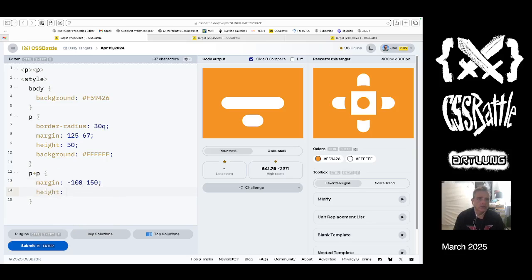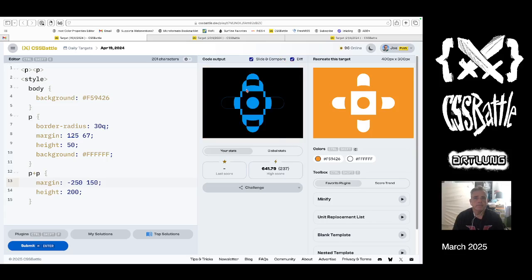Height 100. Something like that, maybe 200. All right, and then more negative. 2, 3, 2, 4, 2, 5. Okay, so this is the way we're going to get this done. 26, 270, 275, and then more margin on the sides. 6, 7,